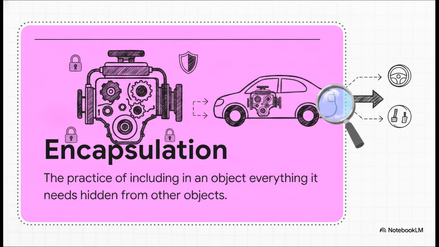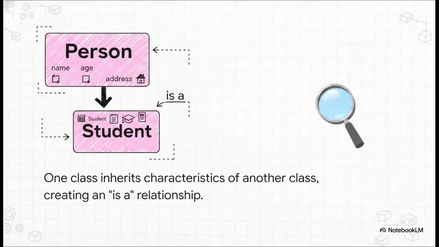Going back to our car analogy for a second, the engine encapsulates the messy, complex explosions of gasoline, right? It hides all that and just gives you a simple interface to make the car move. Next up is inheritance. When objects share traits, we use inheritance to create an is-a relationship. Think about it like this. A manager inherits all the base traits of an employee, but then adds some specialized permissions on top. The manager class automatically gets all the basic characteristics of the employee class, but it can also have its own